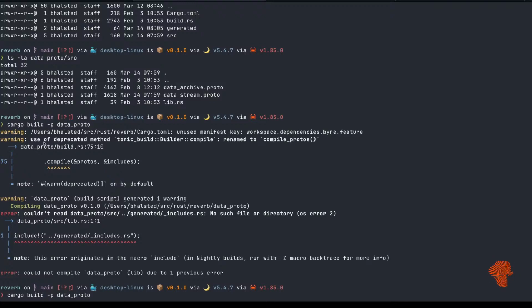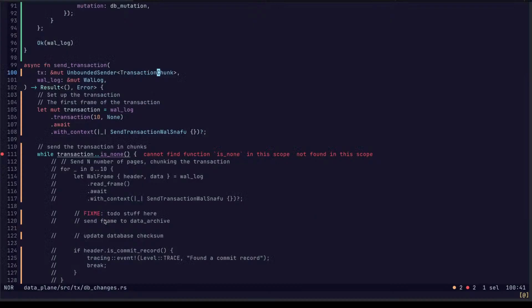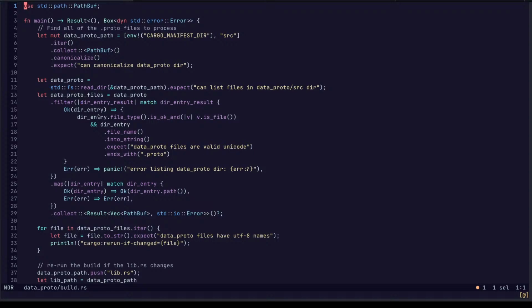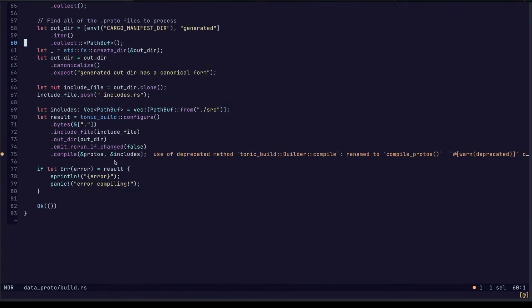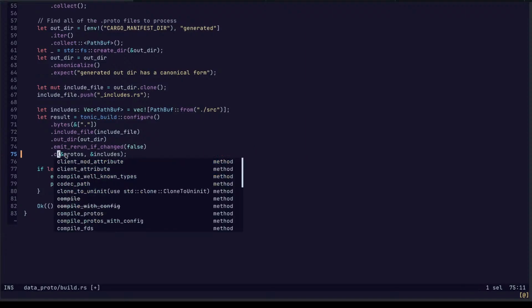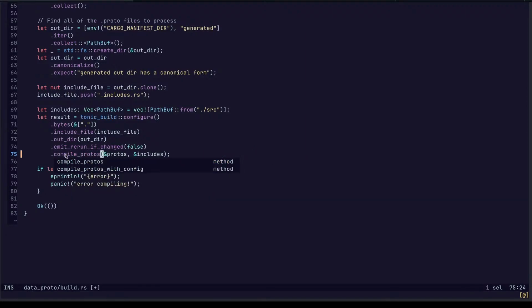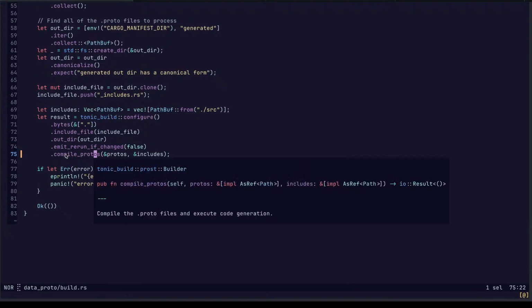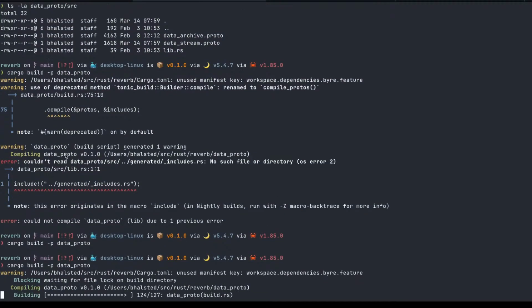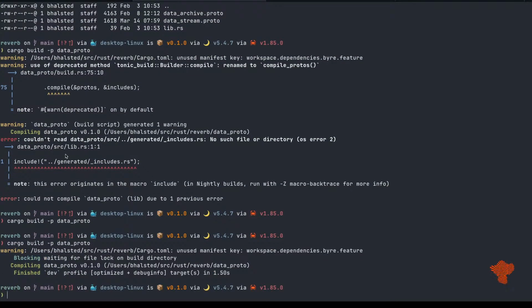It looks like it's actually doing something here. It's looking at the data proto of the build, right? Interesting.